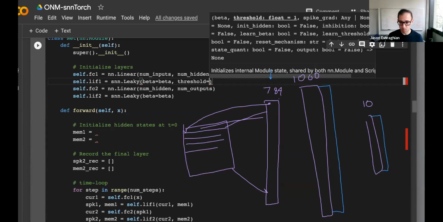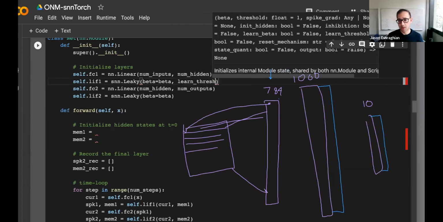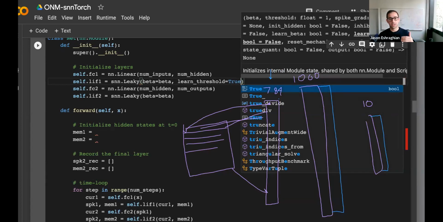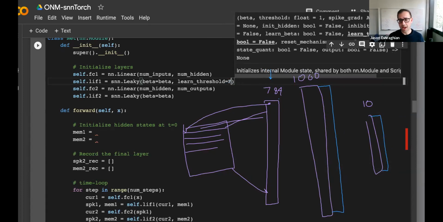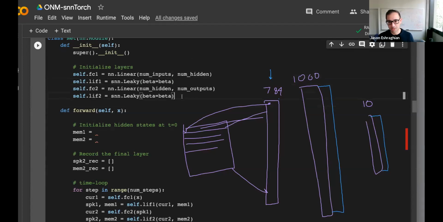So threshold, I can parameterize that. Alternatively, if I'm happy with the threshold being set to 1, then I will set learn threshold, I think, yep, to be true. So that is what's going to enable your threshold to be a learnable parameter. By default, it is false. I haven't really seen any papers that effectively use learnable thresholds. I don't really have any comments. I just don't think that it's shown itself to be useful yet. But yeah, the rate of research coming out is insane. So maybe I've missed something. So yeah, if anyone knows of something else, then please do bring that up.